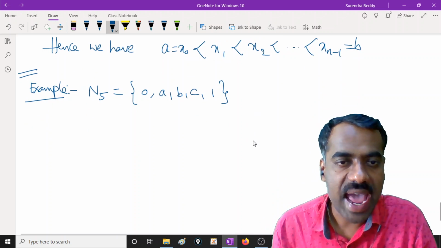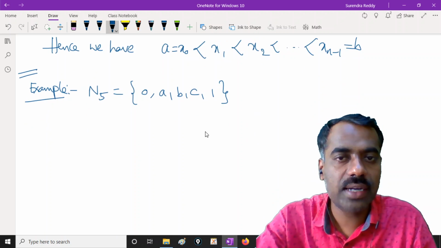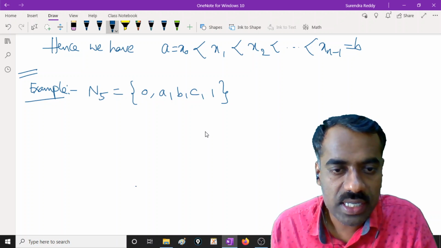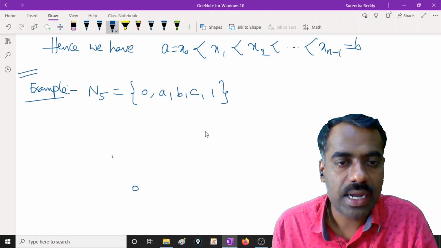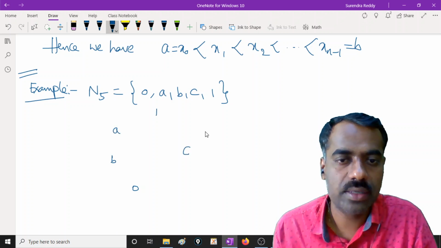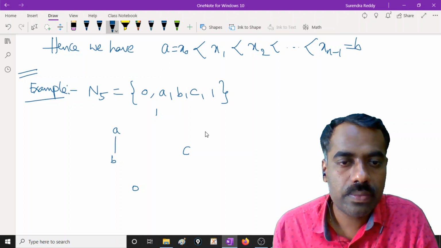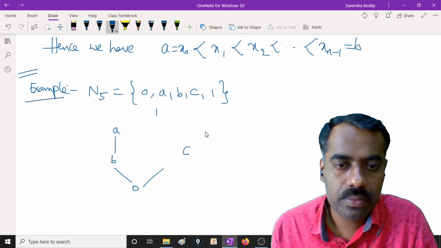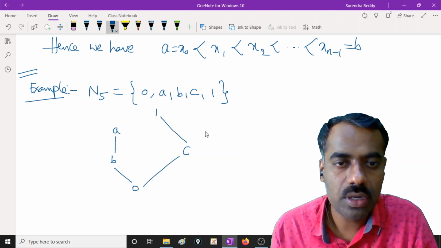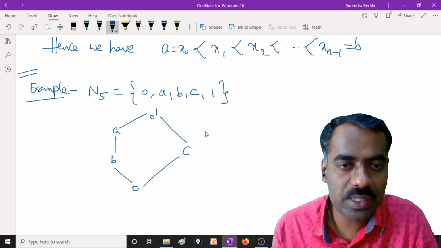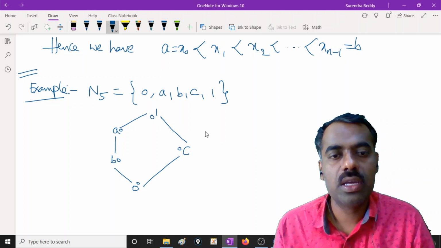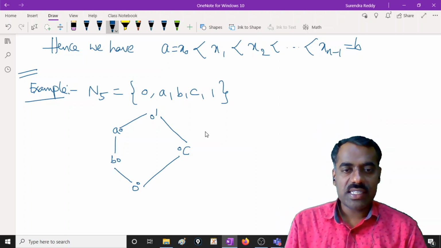Okay, and the diagram I will write here, and we will see what it looks like. This is 0. Here I will write b, and then a. Here you will have 1, and here you will have c. My lines are not so good. We want to represent it with respect to this circle. Then we give it a name. You can check that it is a lattice, and this is denoted by N5. It's also called the pentagon lattice.